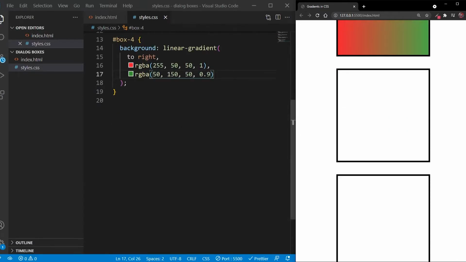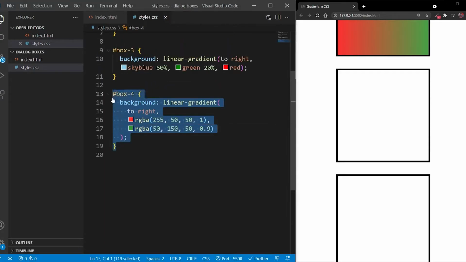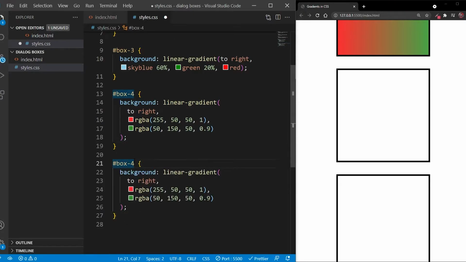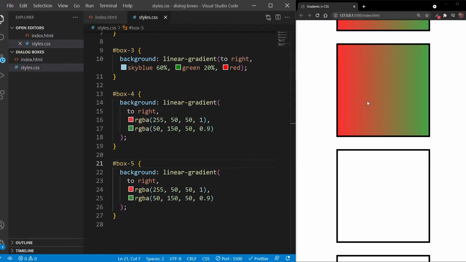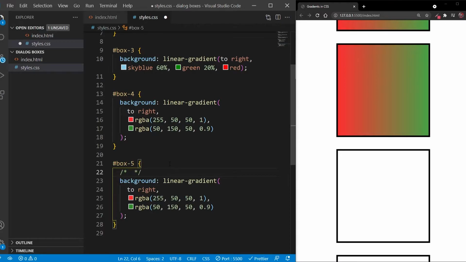Now let's take another example for div 5. And now I will show you how to create a rainbow. So let's say we have div 5 here with these two colors, red and green, and now we want to create a rainbow. So in rainbow we have 7 colors and we call them VIBGYOR. And let's now write those 7 colors here.